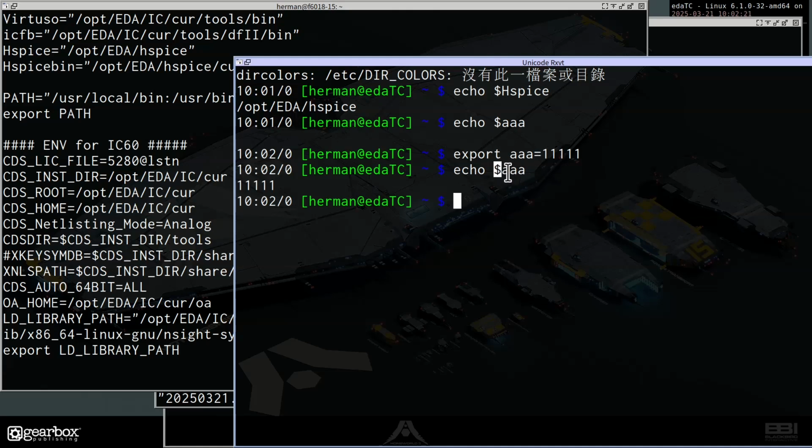The $ sign here means the content of the AAA variable. This can be a string or a variable because this is bash, not C. If this is in C, you need to set up its type, for example, like an integer AAA. Remember, if you use C, but this is not C, this is bash. So 1111 can be a variable or can be a string.